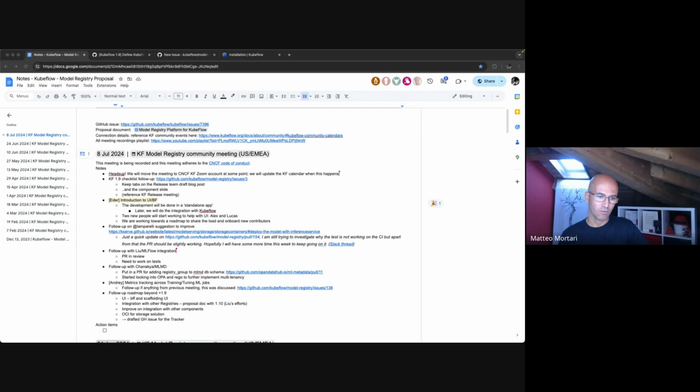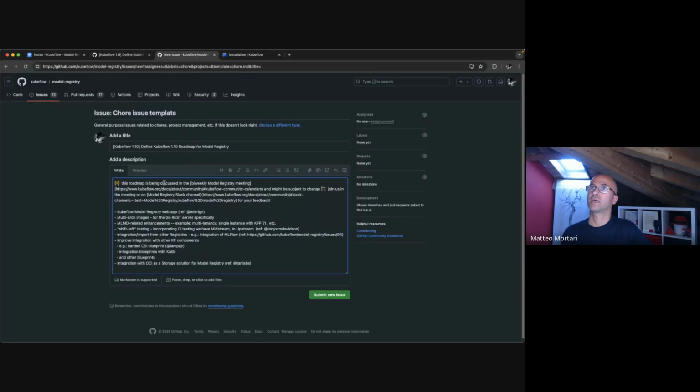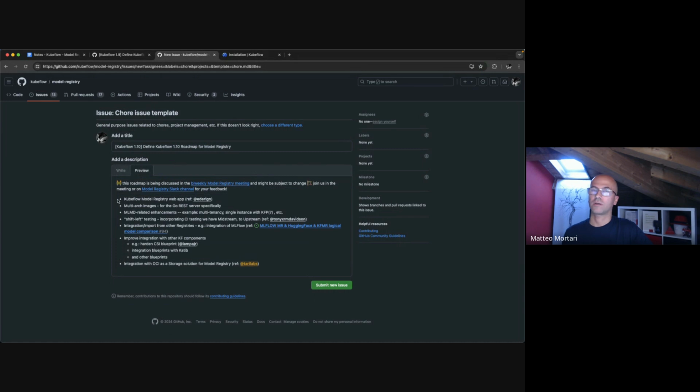Yeah, and just to expand on what Eder was hinting earlier. You see, in the roadmap, I don't want to get ahead of myself here, but just to speak briefly, we are drafting the 1.10. So what I suggested to Eder is that this bullet point is one of the highlights for 1.10 that I would like to steward the group to work towards. Of course, it will be better if, with this as the highlighting point, Eder can build on all the GitHub issues and trackers needed directly here in the model registry repo.